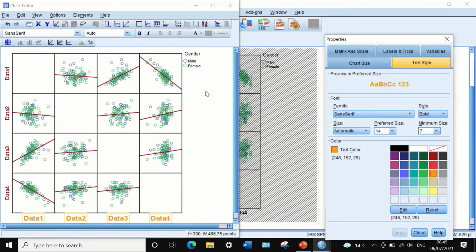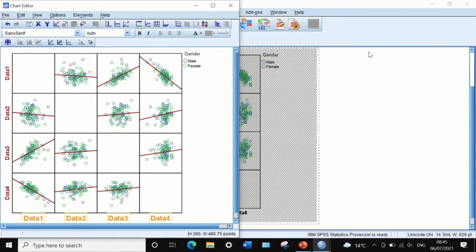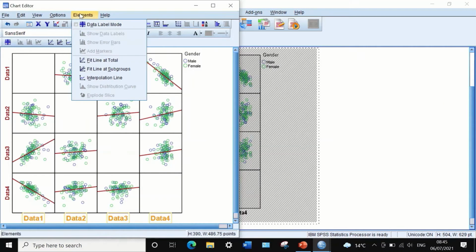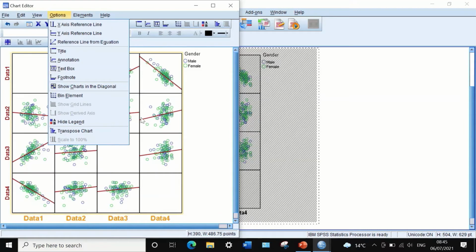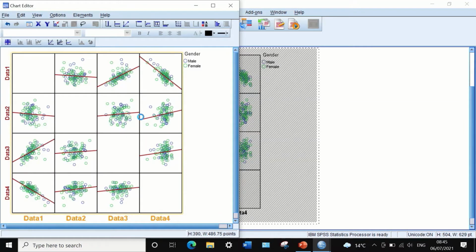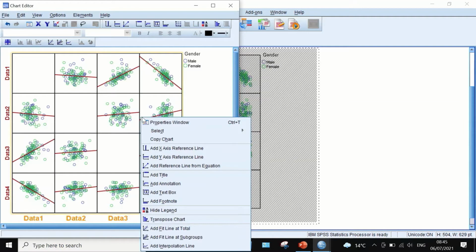In addition to this, I can double click on the diagram again, and then either go to options or right click after double clicking, right click on the diagram, and then I have here a list of editing things that can be used for the graph. So I could add a title here,